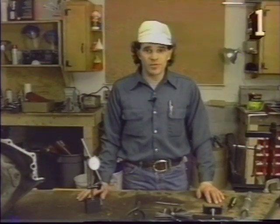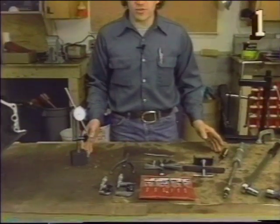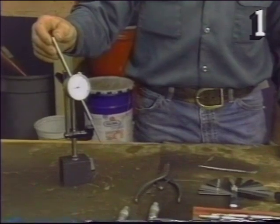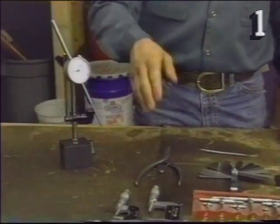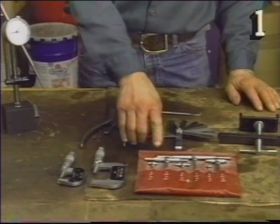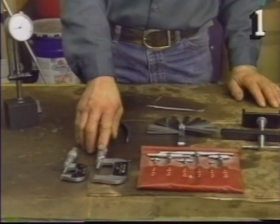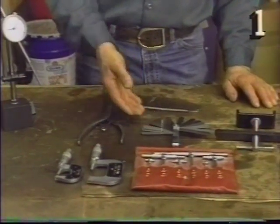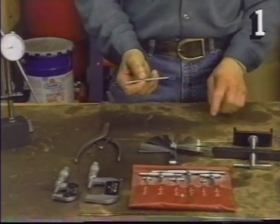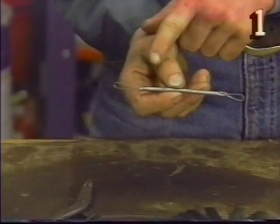Before me are the minimum specialty tools required to perform a quality automatic transmission overhaul. In the measuring department, we have a dial indicator for checking end-play of the shafts. We have inside and outside micrometers, or snap gauges for inside measurement. Micrometers ranging from 0 to 1 and 1 to 2 inches. A set of feeler gauges, snap ring pliers, a handy tool made out of piano wire crimped into a piece of brake tubing, which greatly aids in installation